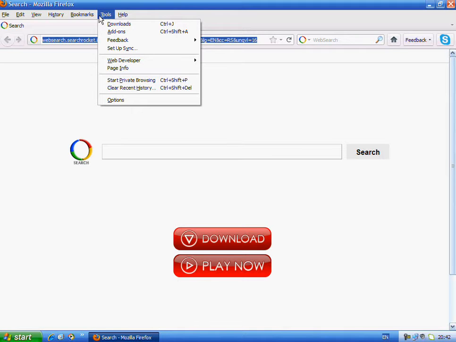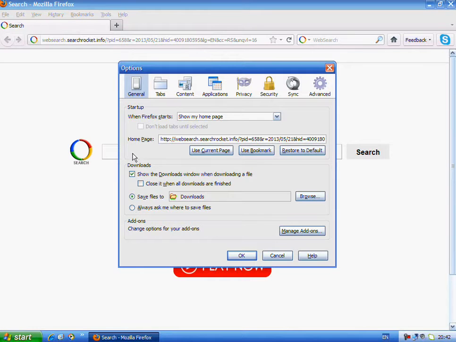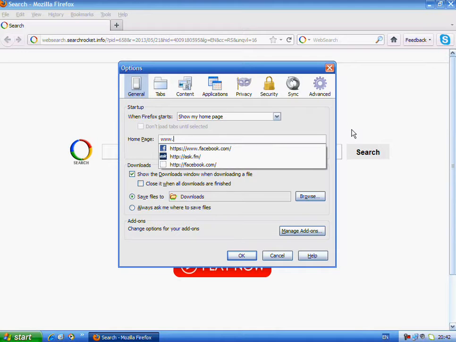So let's see, for example, for Mozilla users now. Go to tools and options, and then you will see here the link. Delete that and type www.google.com. Just simply press enter,